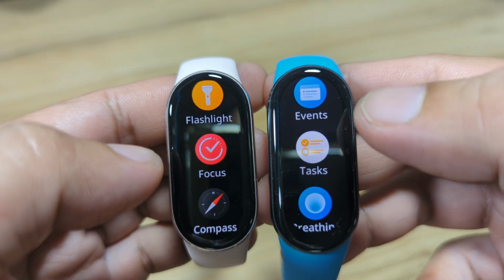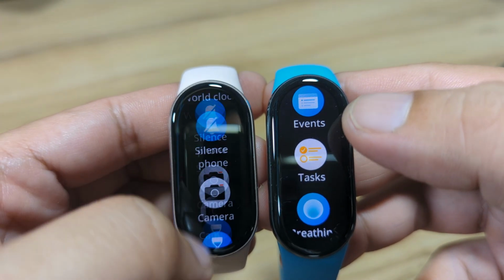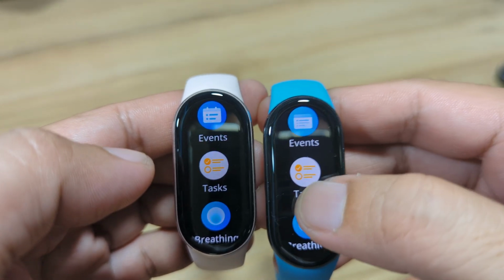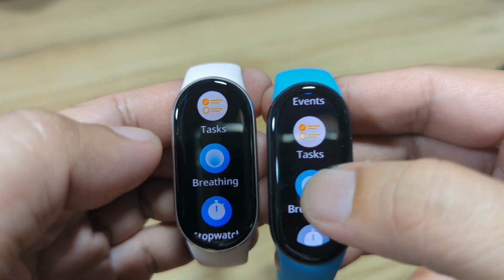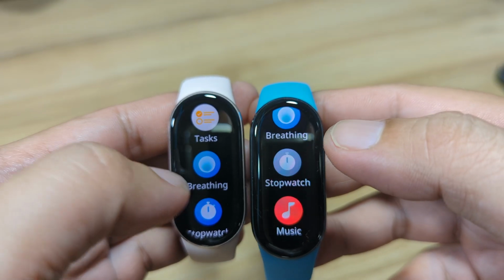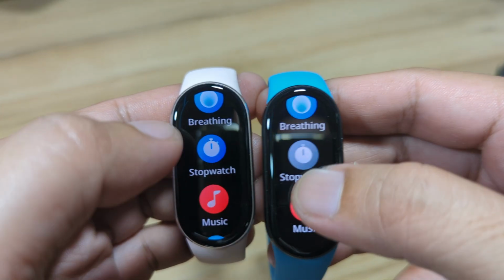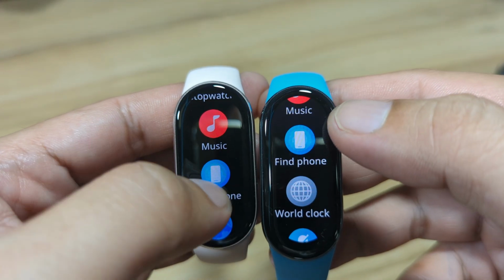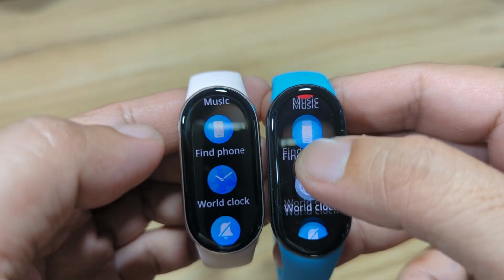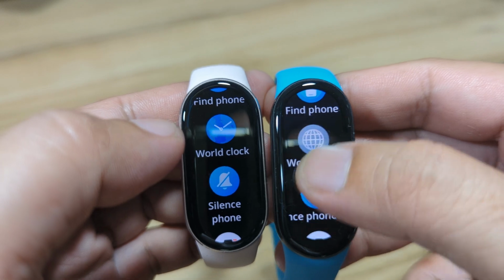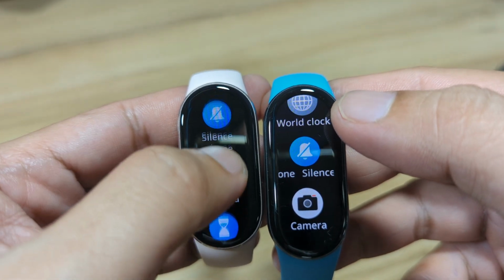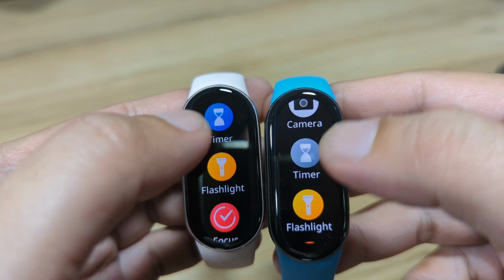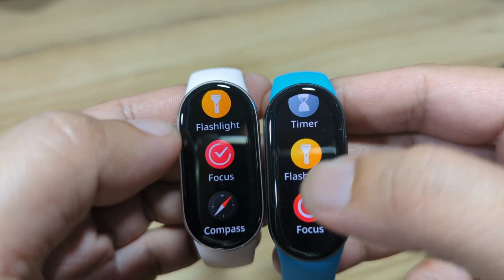For the more or additional tools, we have events, task, breathing guide, we have the stopwatch here, music control function, find phone, we also have here the world clock, silence phone, and camera. But we do have timer also, and a flashlight, and focus.